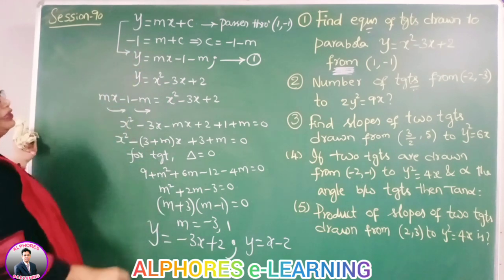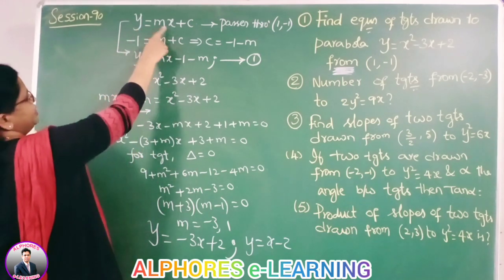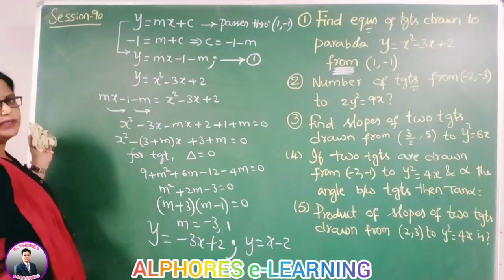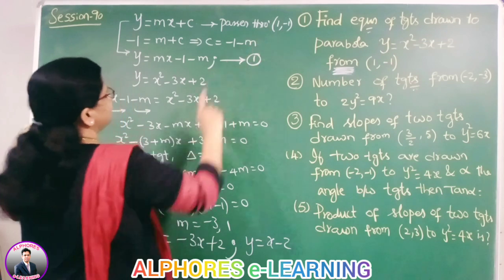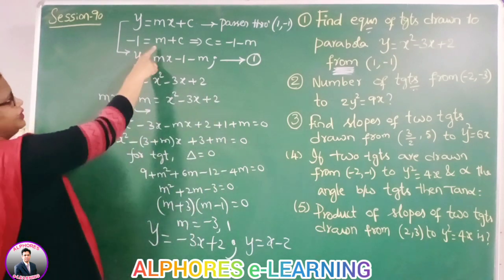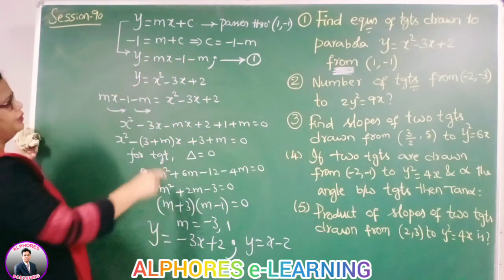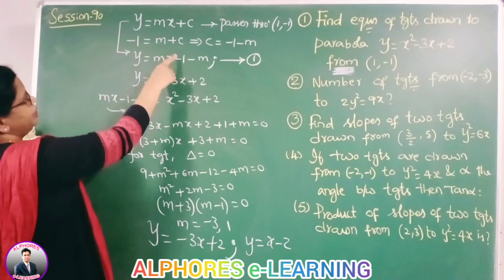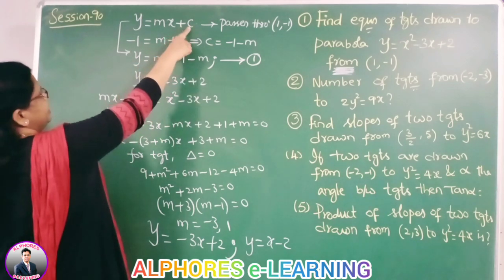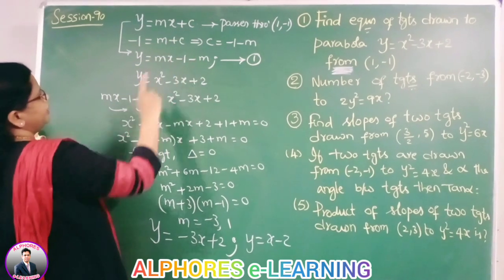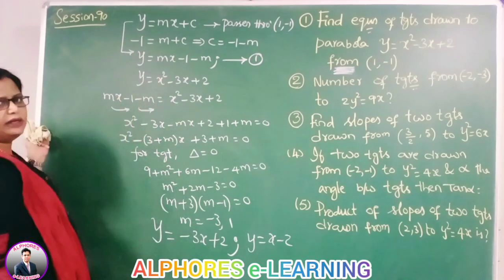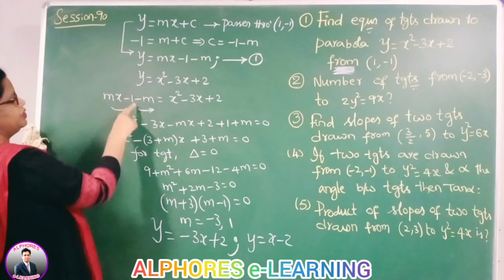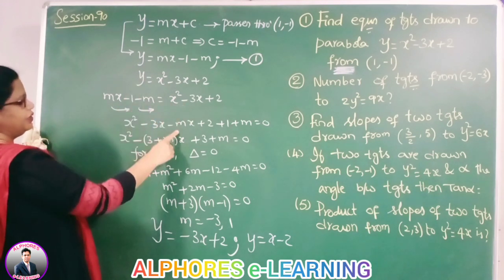So what is the method here? Take one of the tangents as y is mx plus c, and they said tangents are drawn from the point 1, minus 1. So we substituted here and thereby you got the c value. And once you got the c value, we substituted c here, this minus 1 minus m value. Then this line and the parabola are touching, implies we substituted, and thereby you got a quadratic in